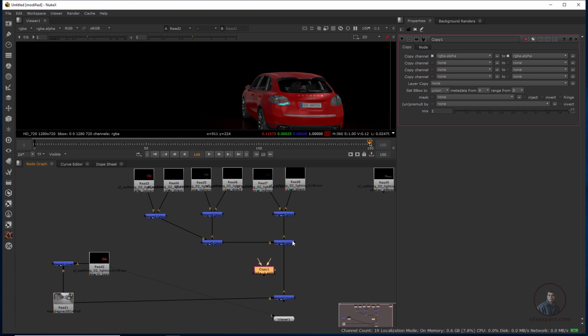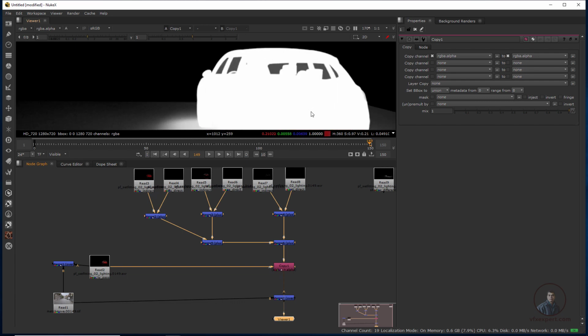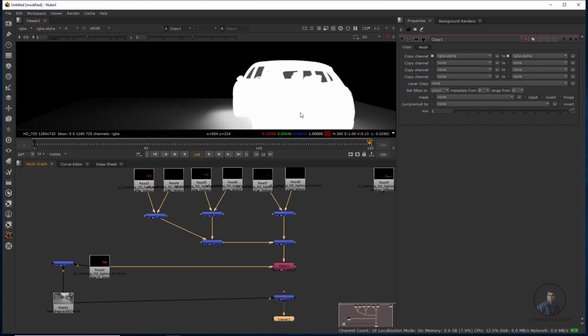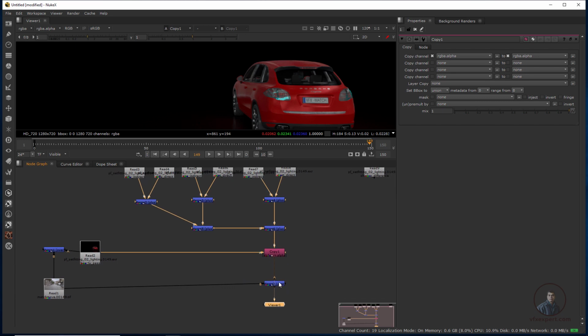B means in which you want to copy your alpha channel, so this will be our B. A means from where you want to take the alpha channel, so from beauty pass I am going to take our alpha channel. Okay, now after this select this copy node and press 1. Now simply press A and check. Okay, now you can see here this is your alpha channel. Okay, now press A. So you have successfully copied your alpha channel from beauty pass to our final render passes compositing.